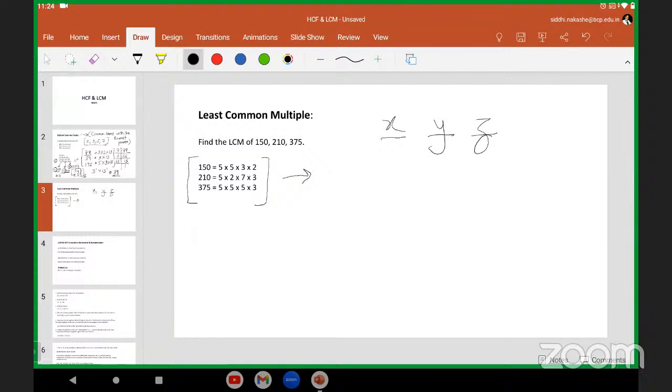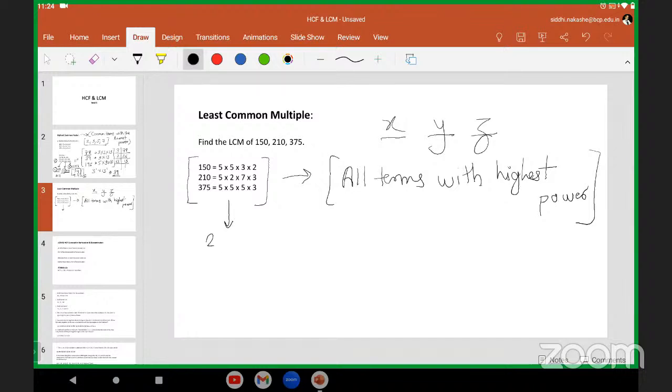So now what we do here is we take all terms with highest power. Write this down: all terms with highest power. So what are the terms over here? 2, 3, 5, 7. In HCF, we were taking only the common numbers. The common numbers in these three numbers were 5 and 3, right? Now for LCM, we'll take all the terms with the highest power. So you tell me, what is the highest power for 2 here? 2 raised to